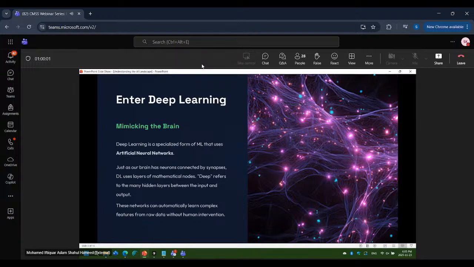So yeah, I wanted to explain about the weight and the bias. Now we'll get into deep learning. When we say machine learning, we have supervised, unsupervised, and reinforcement learning, and it has a set of algorithms that work. For example, we have linear regression, support vector machines, support vector regression, and a lot of other algorithms.